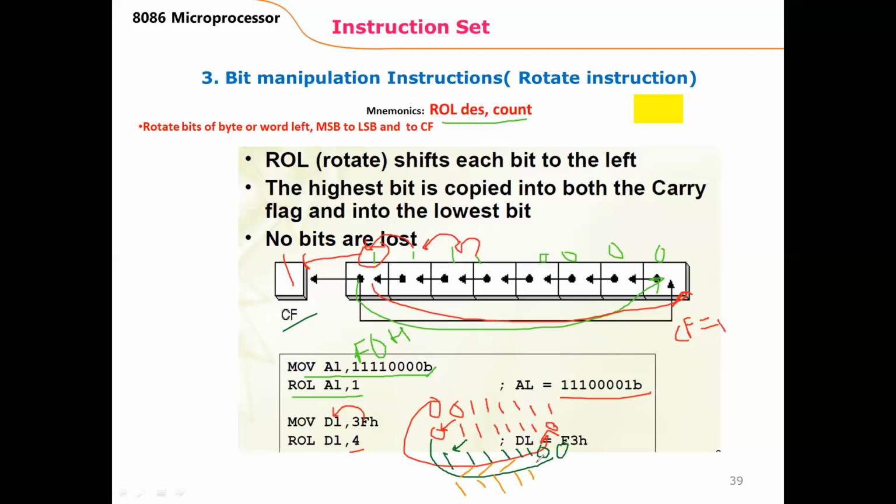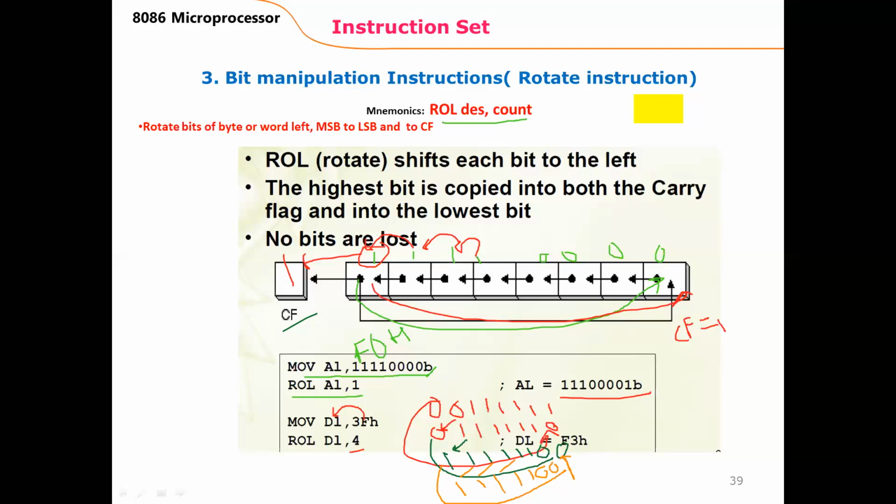Now this 0 will come here, this 0 will come here, and this MSB will go to the carry flag and will come to the LSB. Sorry, here it is 1. Now we have shifted 3 times. Well, now we need to shift it one more time. Then what will be the effect? Because we have taken the count value as 4.